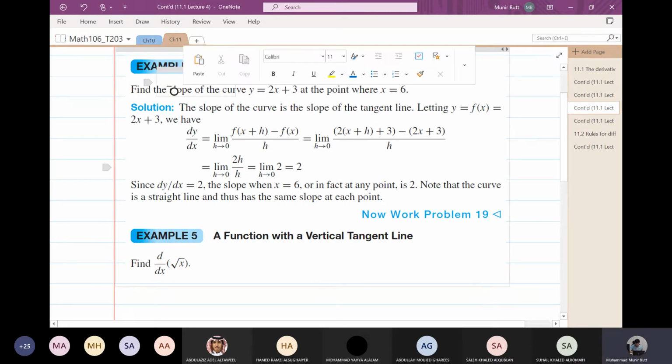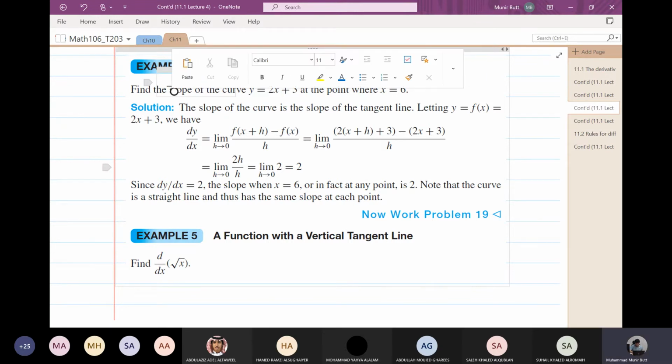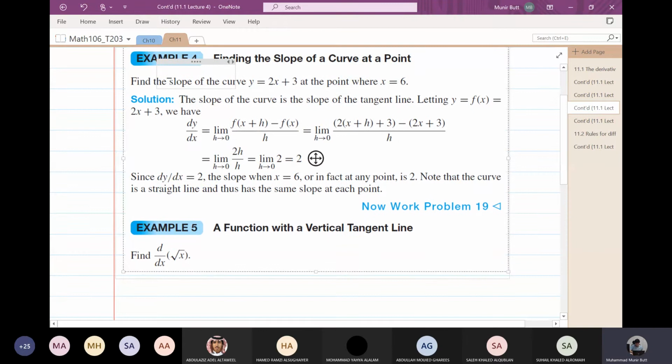Whenever I touch the screen, sometimes problems. Oh my God. Okay, so anyhow, so the slope